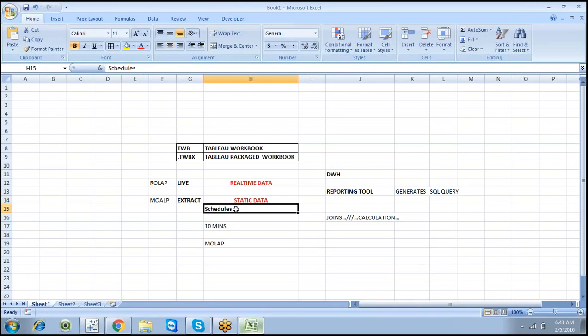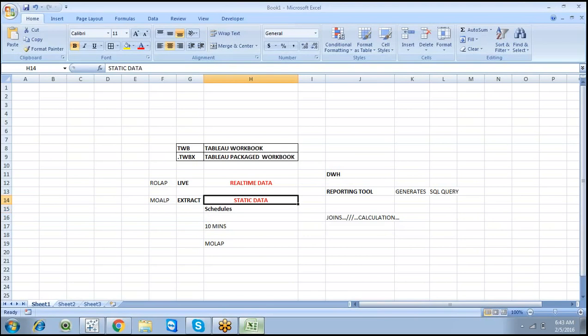In Tableau we have a limitation: we can subscribe for not less than 15 minutes. So we can go for hourly, weekly, or monthly schedules. We schedule this static data to get real-time data. This is where it comes in on the server side.